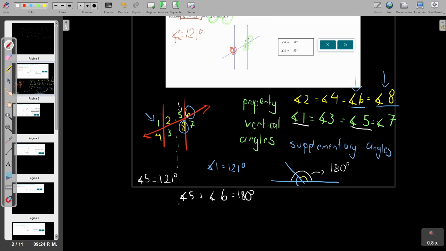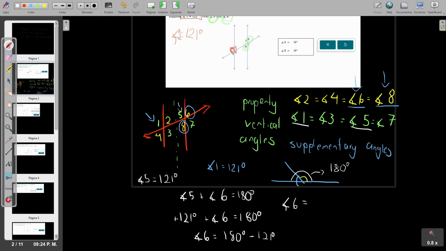Giving the value of 121 to angle number 1, 121 degrees plus the angle number 6 equals 180 degrees. Now isolating for angle 6, angle 6 equals 180 degrees minus 121, because this is a plus and it goes to the other side with the opposite sign. So angle number 6 is going to be 180 degrees minus 121, and using the help of my